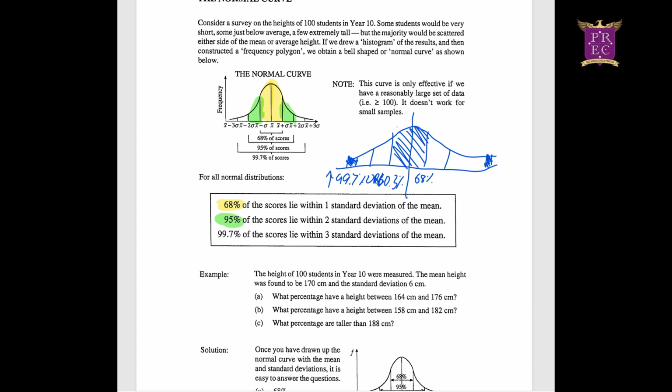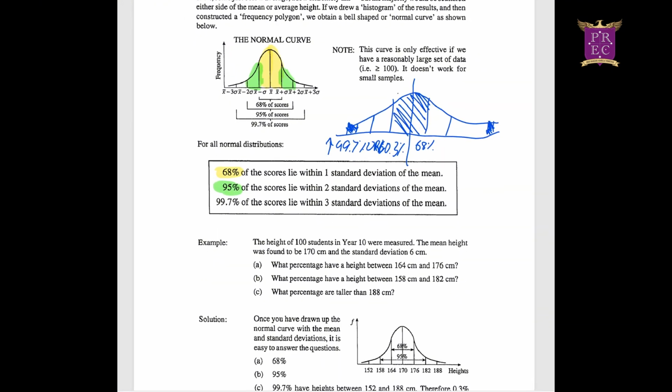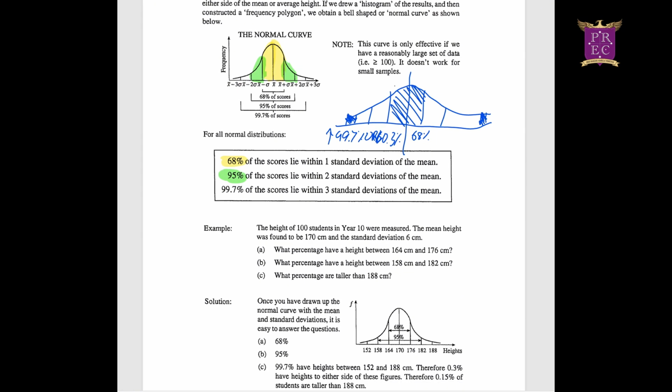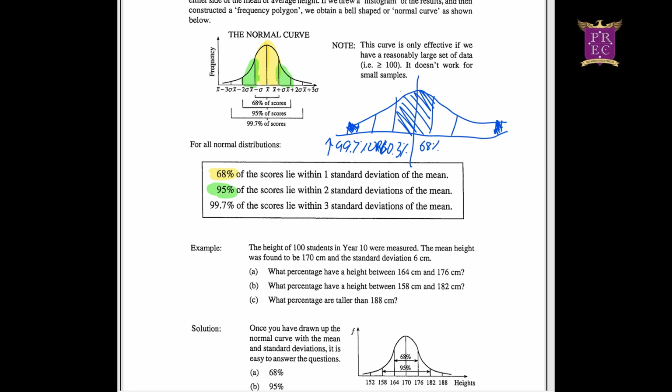Okay, now let's have a look at this one. Oh, whoops. Let's get the eraser. 3 standard deviations. 99.7% of all the scores lie between 3 standard deviations. So this one. So altogether, blue, green, and yellow consist of 99.7% of all the scores. Okay, and that's why we look at the normal curve when we're looking at what the percentage of people are